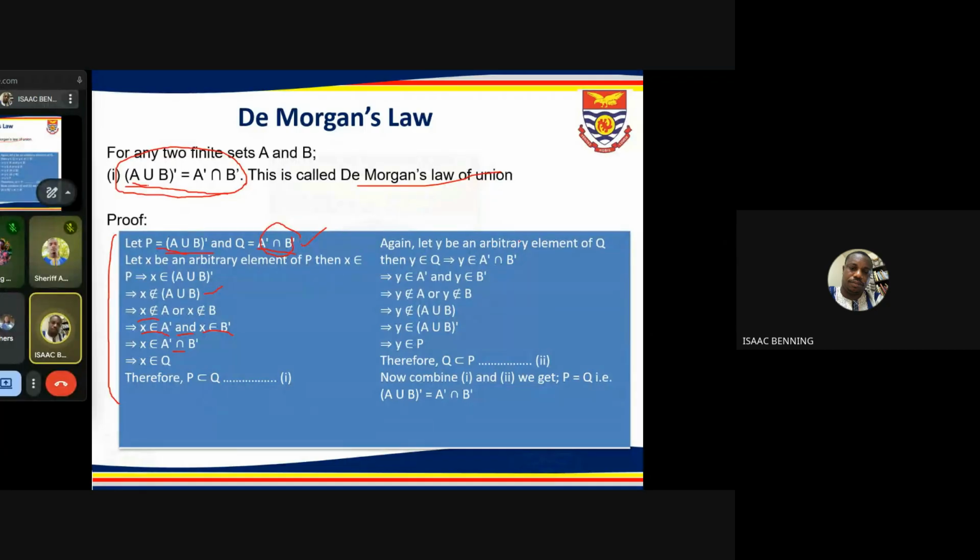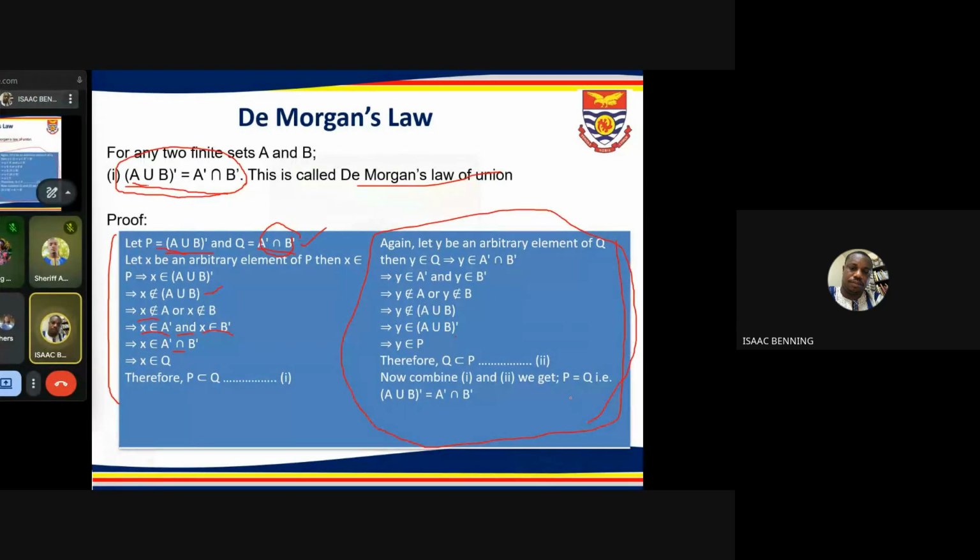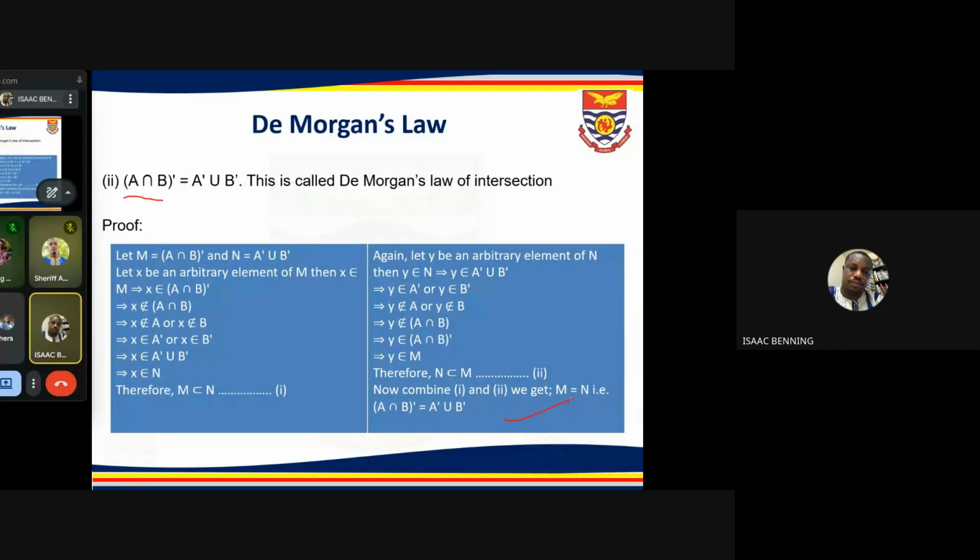So the next thing you do is that you now also take the right side. Then you also show that it's equal to the left side. And that is what I have done here. So I want you also to go through this one. And similarly, I've also done the De Morgan's law of intersection. The proof is also here. So based on the first illustration, you can follow through to do this on your own. Of course, you can still rely on AI to learn more on that.